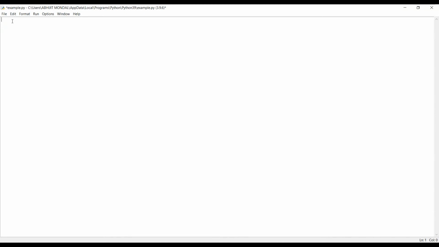First we'll see how else condition is used with while loop. So for this we'll simply write a program to print all the numbers between 1 to 10, and once the execution has stopped, we'll simply print that execution or program is finished.